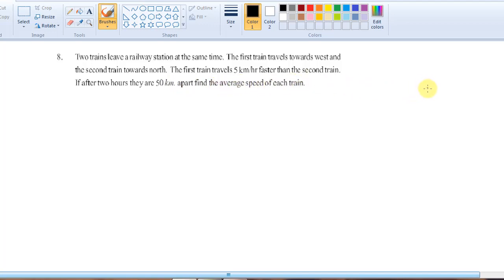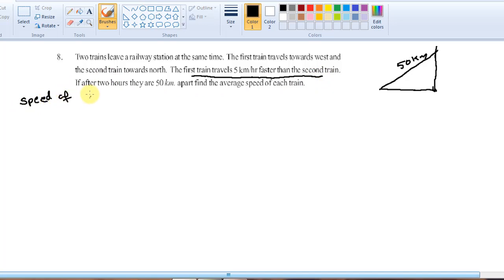See, after reading the question, you should understand that two trains start from the same railway station, that means the same initial point, but the first train travels towards the west and the second train travels towards the north. They mention that after 2 hours, the distance between these two trains is 50 kilometers. And they also mention that the first train travels 5 km per hour faster than the second train, that means